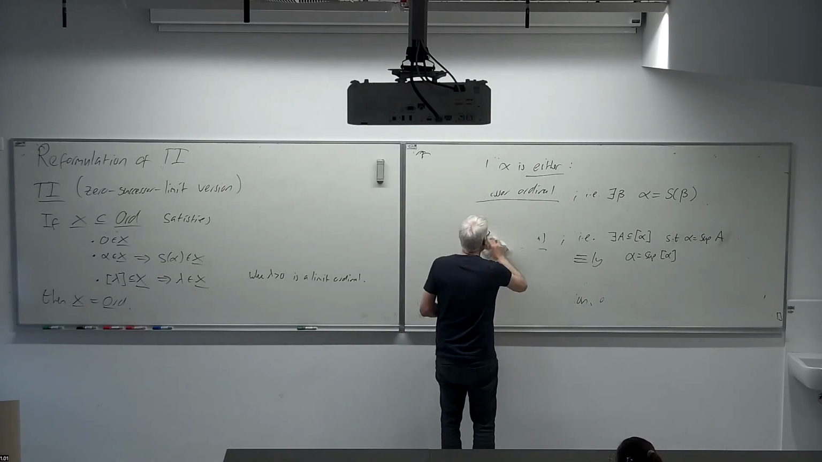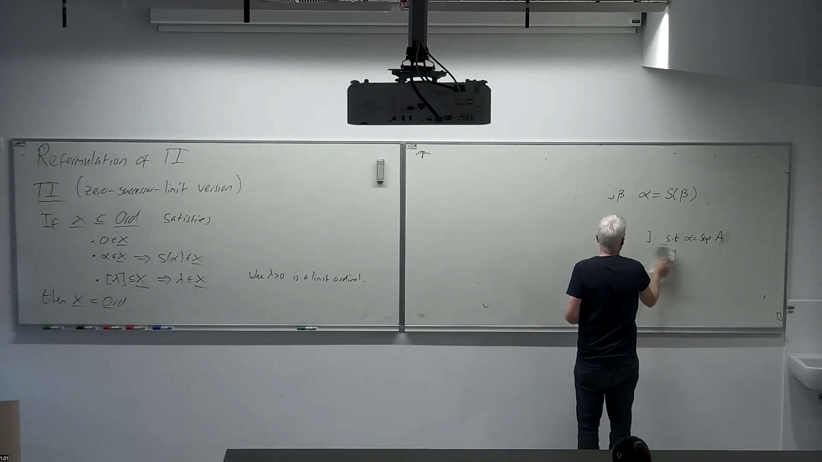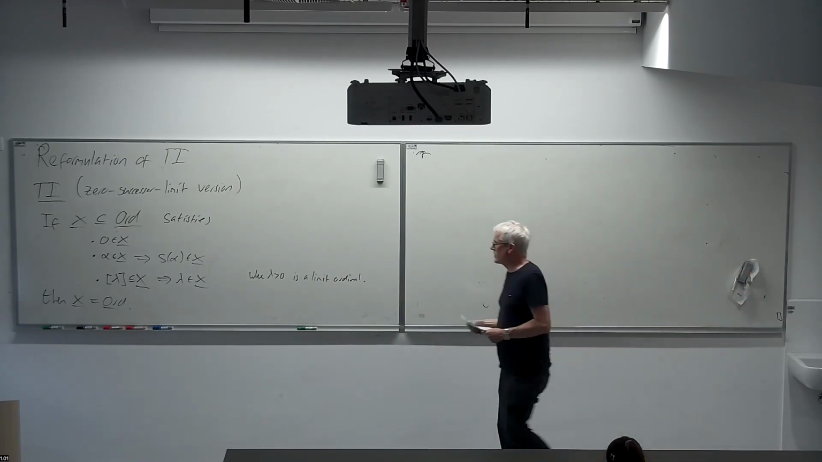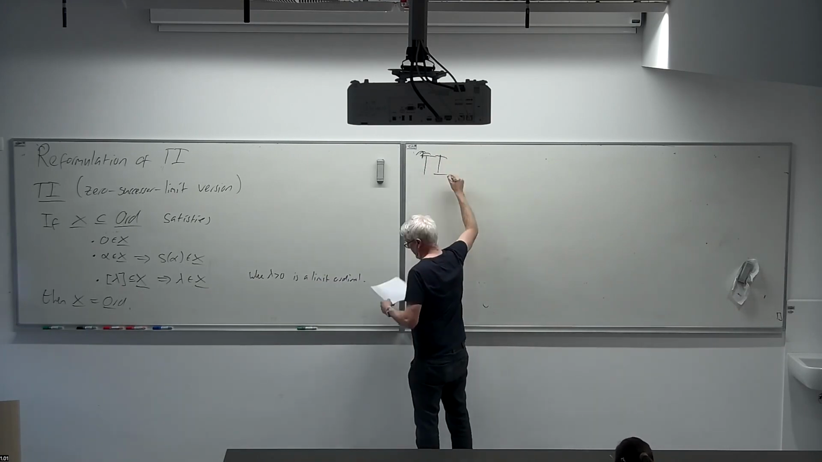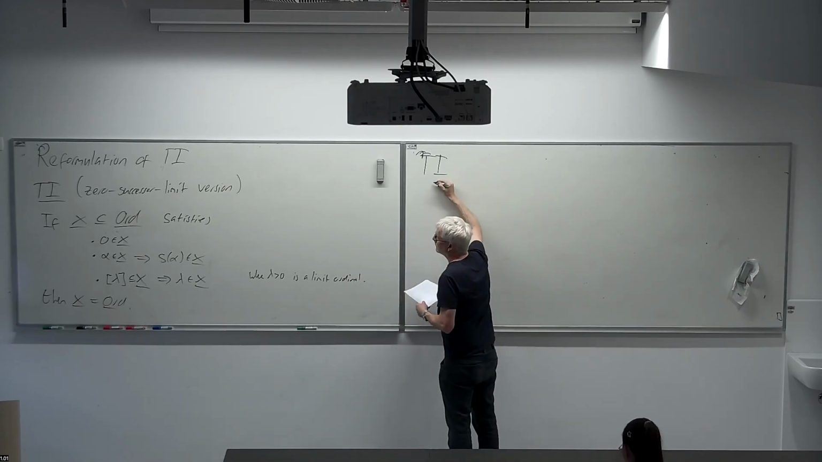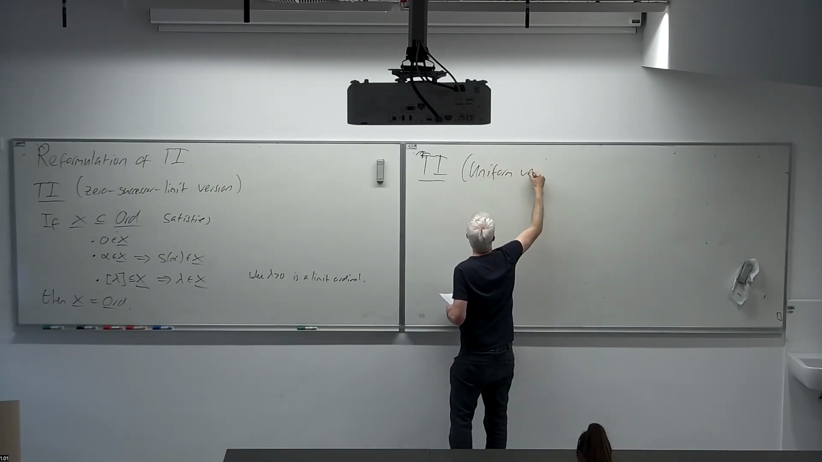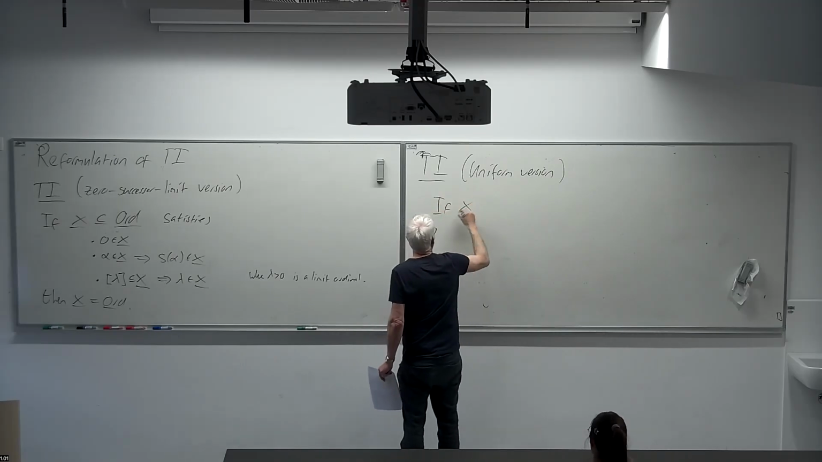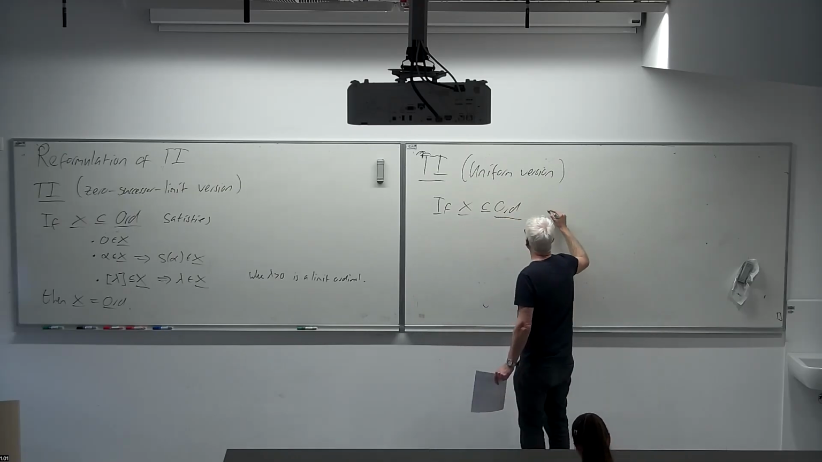And just to say, there's another version that one often sees for transfinite induction, which I'm going to call the uniform version. And that says if X is a subclass of ordinals that satisfies